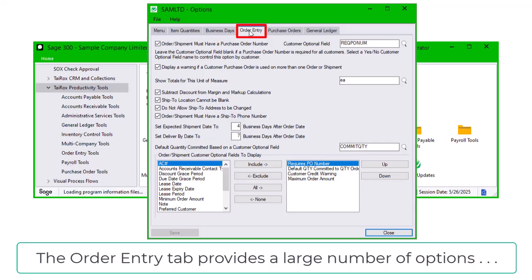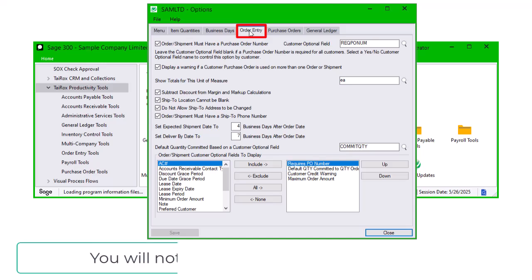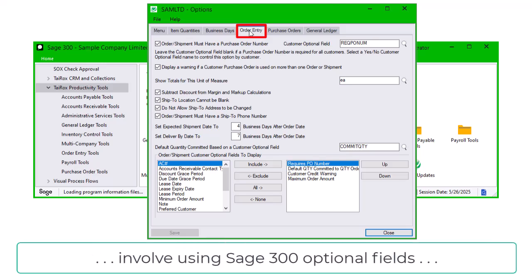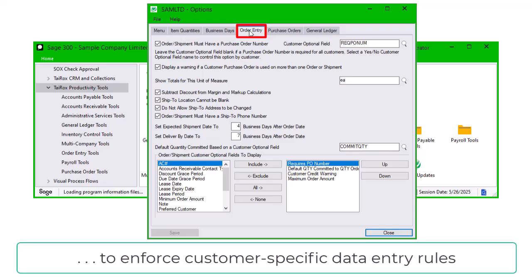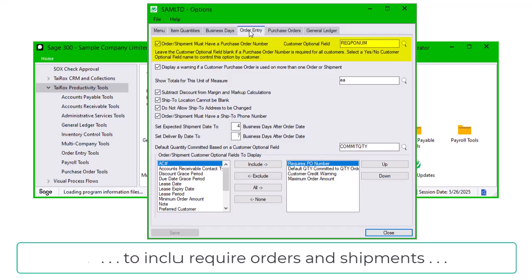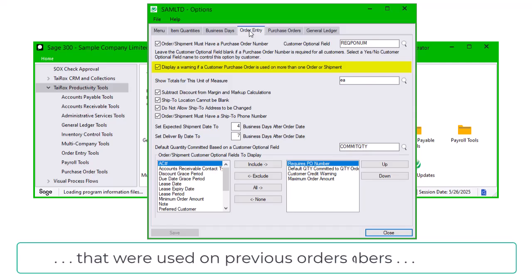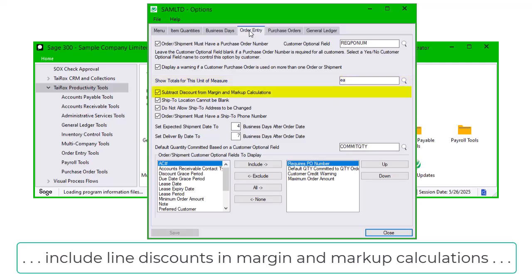The Order Entry tab provides a large number of options for entering orders and shipments. You will notice that many of these options involve using Sage 300 optional fields, in many cases with customer accounts, to enforce customer-specific data entry rules. Starting from the top, it lets you require orders and shipments to include a purchase order number, warn for customer PO numbers that were used on previous orders or shipments, show totals for a selected unit of measure, include line discounts in margin and markup calculations,